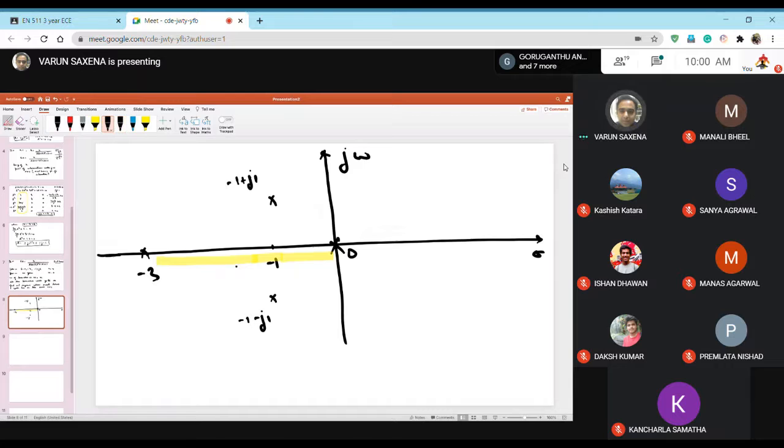So now we know that the root locus will lie in this region. That means the branch that originates from here will go like this, and the branch that originates from 0 will move like this. Somewhere in the middle they are going to meet and jump to the complex plane, so there must be a breakaway point somewhere. Now I want you to find that breakaway point. Please start doing calculations and tell me the breakaway point value.